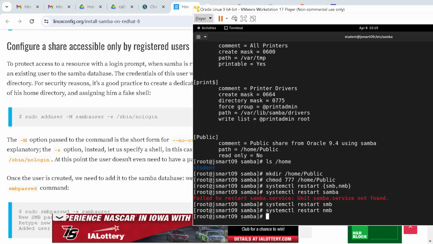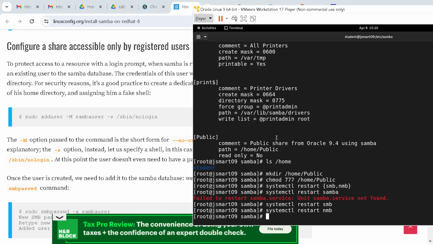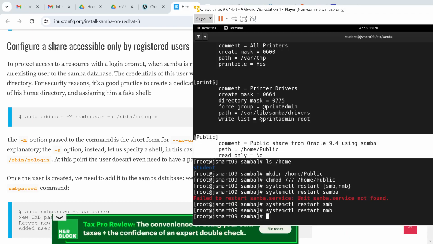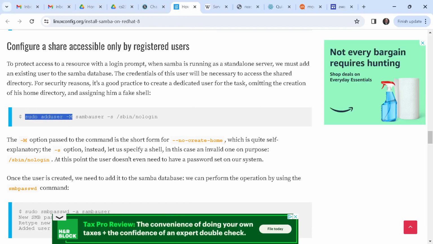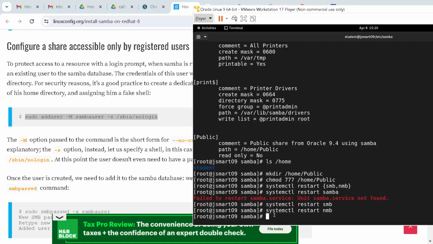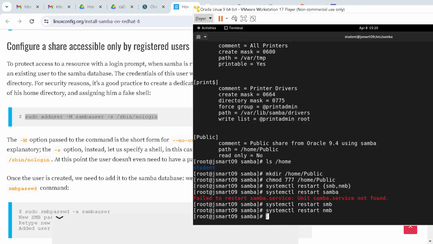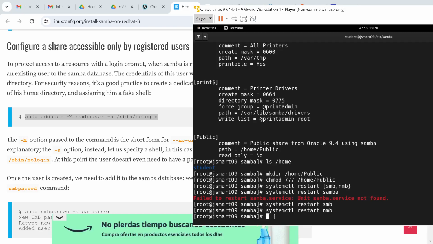Okay, so now we have Samba running, we have file sharing enabled, we have the services running, we have the firewall open, we have the configuration of where the share is going to be, that is called public, that's where it lives. We've created that folder, given it full public permissions. We're not done yet. We need to have credentials for someone remotely connecting to my Samba user by creating a special user for Samba. Samba's user list is different than your system user list. So we need to do add user